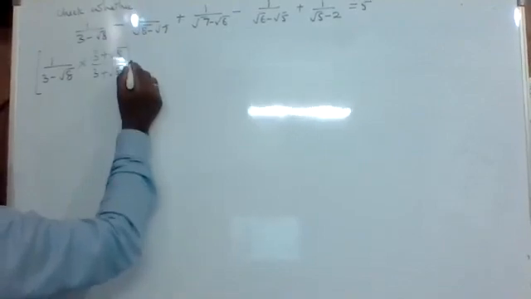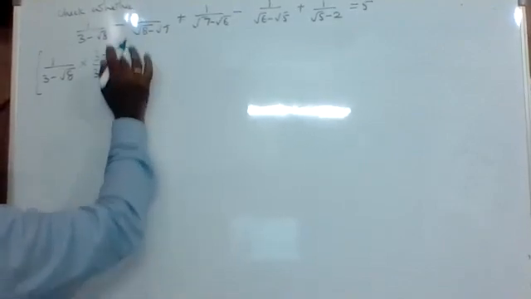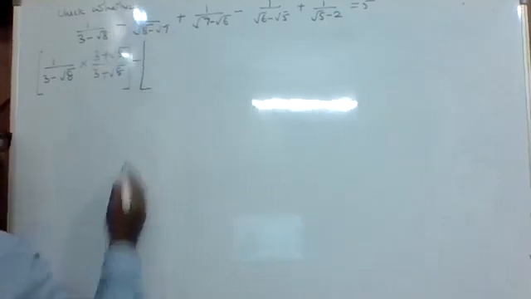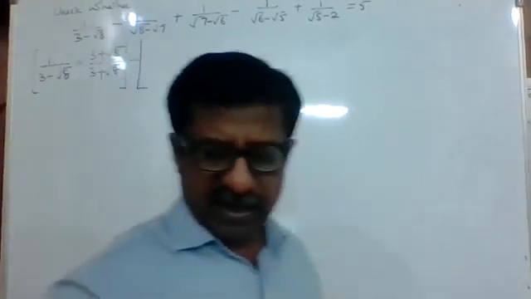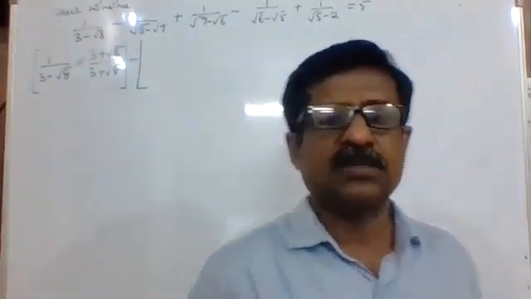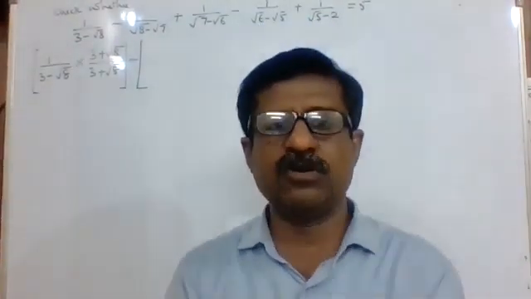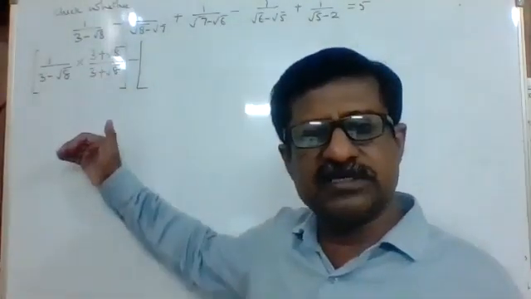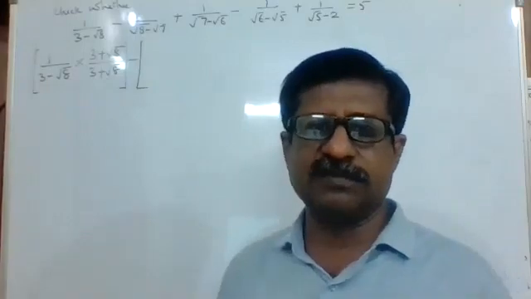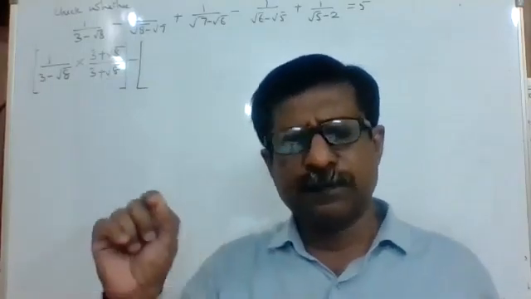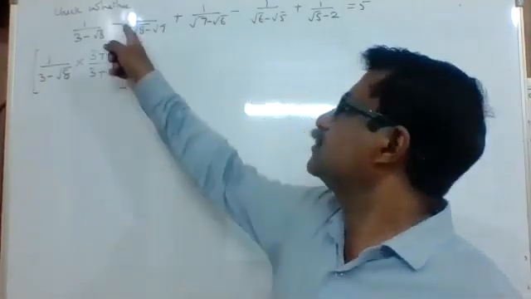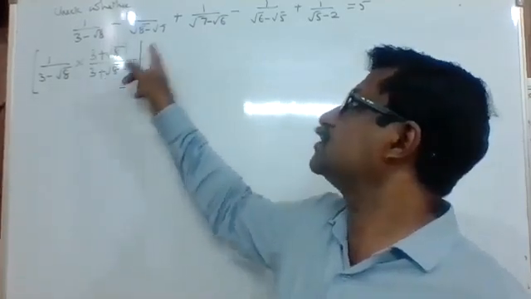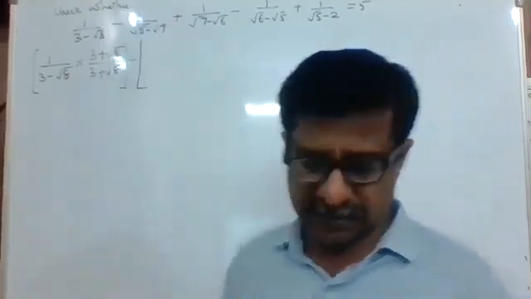This sign, as I said, has not to be mistaken, copied with the same sign. This was minus, therefore I have written minus only. Okay. By mistake, if you write plus instead of minus, the whole sum will become wrong and you will not come to know where you are mistaken, because in every step you will be making the same mistake. Therefore, put the proper sign in between. If it is minus, then you write minus.